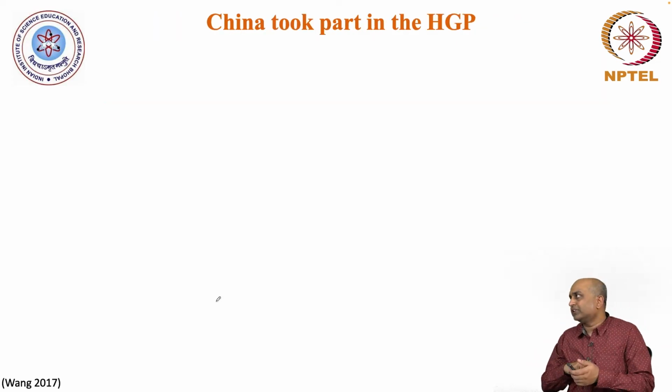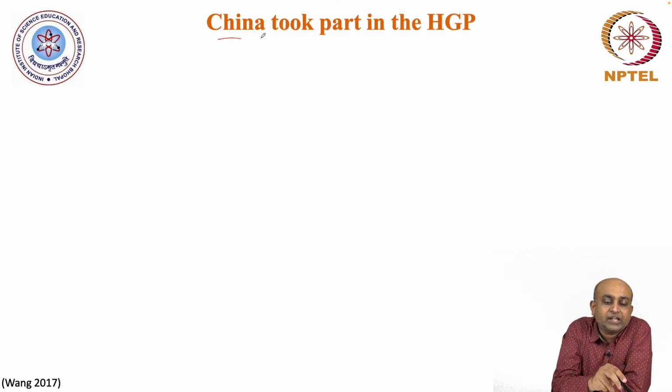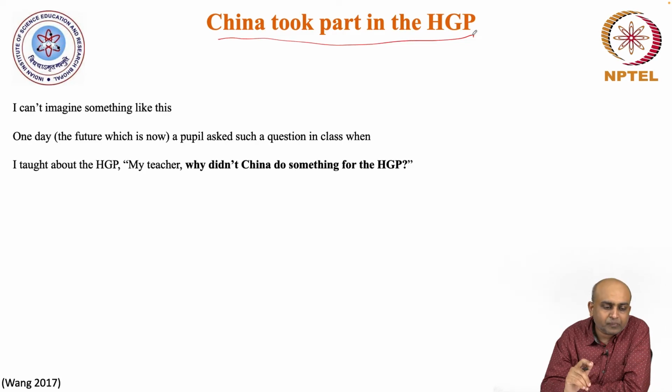So, when we talk about this, the one interesting example which I thought we should discuss is that China actually took part in the Human Genome Project. Why is this so interesting? At the time when China became part of the Human Genome Project, China was not really the large economy that we see today. It was still very early days for China to pick up the growth engine, and you could say it was a developing country where resources were limited. So it makes a good comparison as to how the genomics era of 2 decades, 3 decades, has changed as China has changed. Right?